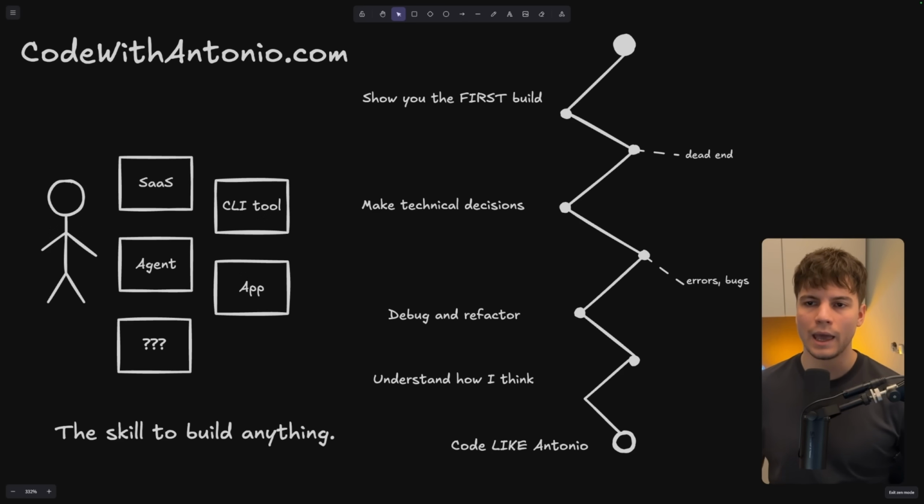Agentic coding, as much better as it is than vibe coding, is still non-deterministic, which means that more likely than not, your version of this project will be different than mine, which is exactly what we want. I don't want you to clone what I do. I don't want you to copy what I do. I want you to understand my technical decisions and then recognize the same in your codebase and learn how to apply them. This is by far the most valuable piece of content I have created in the last 3 years.